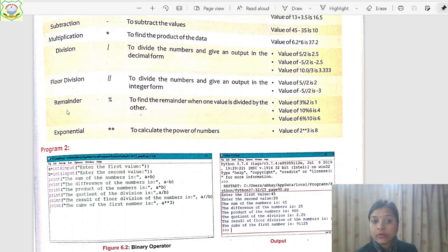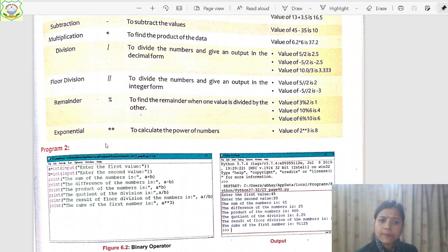In the same way, for remainder you will get the remainder value, like finding the remainder when some value is divided by another. Like if 10 is divided by 6, then what will be the remainder? 4 is the remainder, isn't it? So if in any programming you want the remainder value, then you can use this remainder operator.